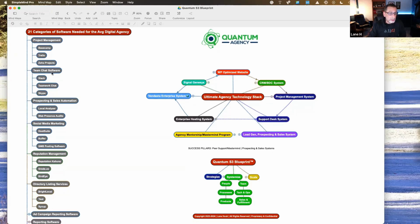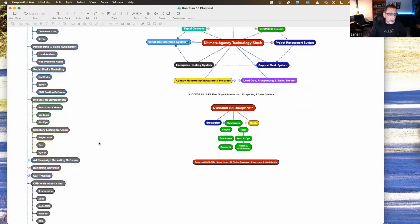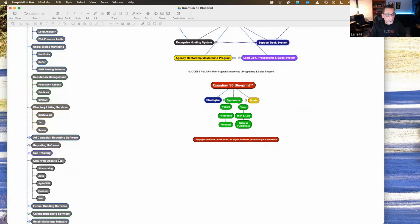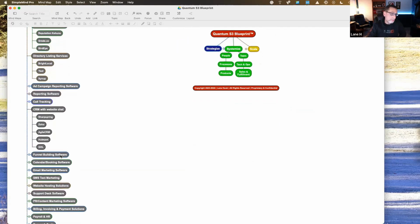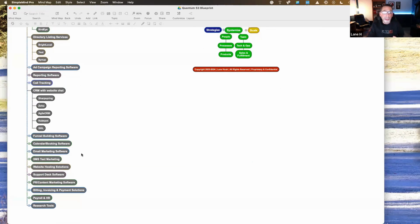We need project management. We need team chat. We need prospecting and sales software. We need social media software. We need reputation management software, directory listing software, ad campaign and reporting software. Those are maybe one and the same. Call tracking software, CRM software, maybe funnel building software, especially if we're going to be doing any kind of PPC, calendar and booking software, email marketing software, SMS text marketing software, website hosting solution software, support desk software, PR, content